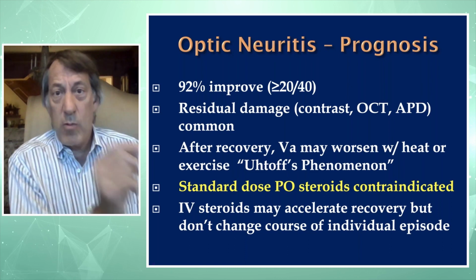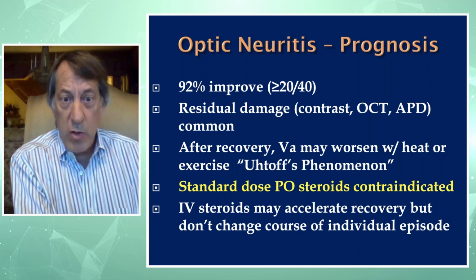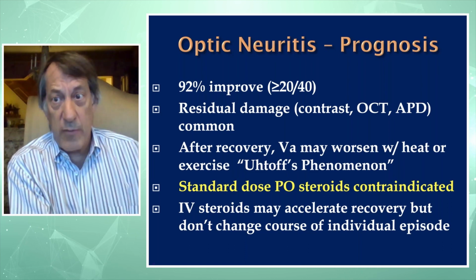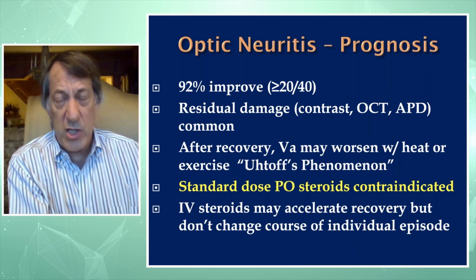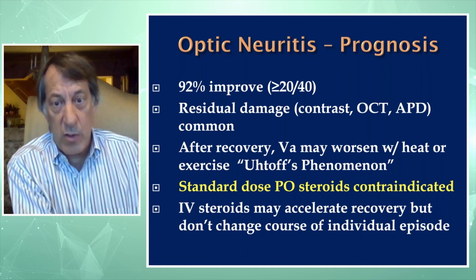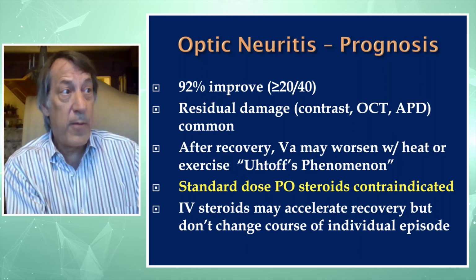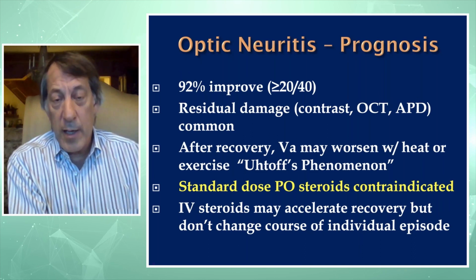One thing I stress, whether I'm talking to ophthalmologists, neurologists, optometrists, or patients, because you're the ones who are receiving treatment, we've known for more than 20 years that an acute episode, a new episode of optic neuritis, should not be treated with standard dose oral prednisone or steroids. And it's actually contraindicated. There's an increased risk of recurrent episodes of optic neuritis in people who were given standard dose prednisone in the optic neuritis treatment trial, which was the study performed in the late 80s and was actually the first randomized clinically controlled trial in neuro-ophthalmology,